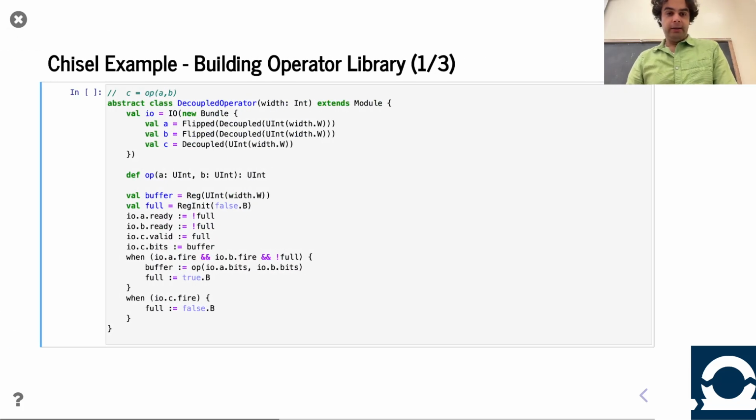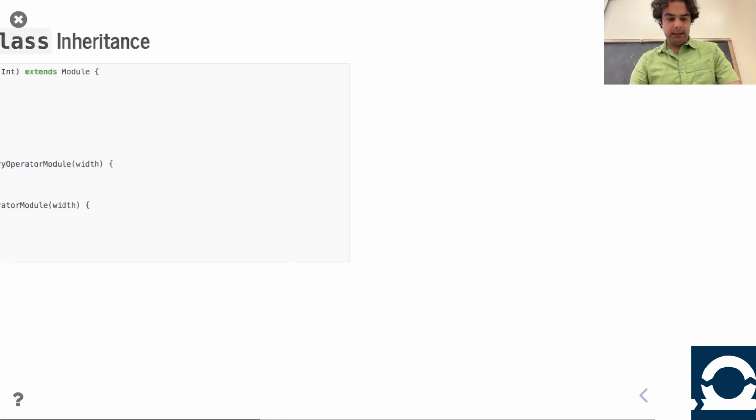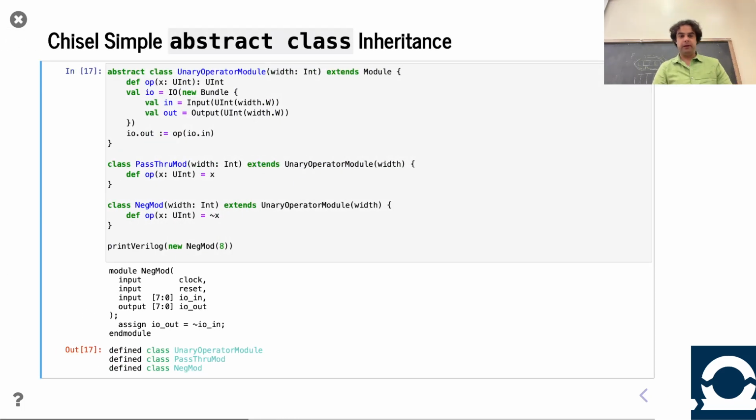So let's try and build something. I'm trying to look at the time. You know what? I think I'm going to do this better on Thursday. So we'll end it there. And I'll see